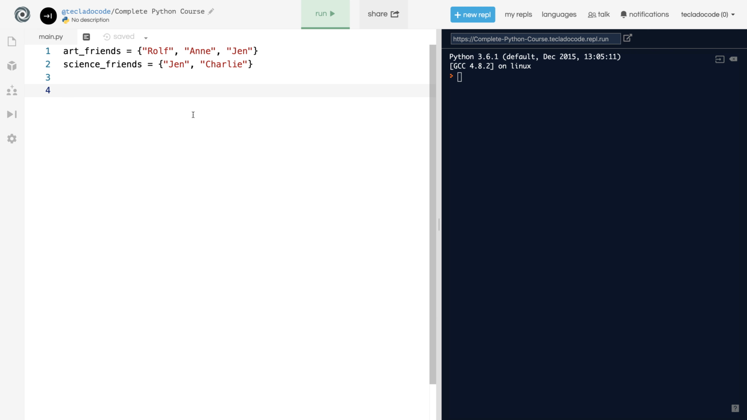Here's how. Let's get those people that do art, but not science. So we'll say art, but not science. And what you want to do is you want to say art friends dot difference science friends. So the difference gives you which elements are in art that are not in science. So the ones that are in art but not in science means that it's going to do Rolf, Anne, and Jen. It's going to take away all the elements that are here that are also here. So in this case, Jen is in both, so it's going to get taken away,